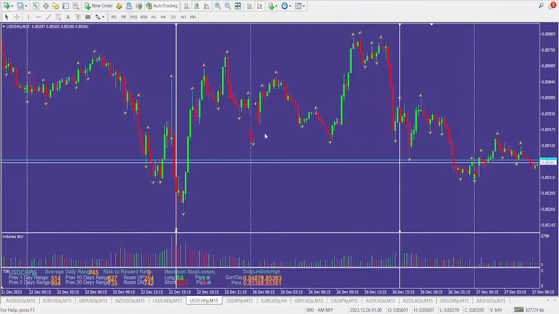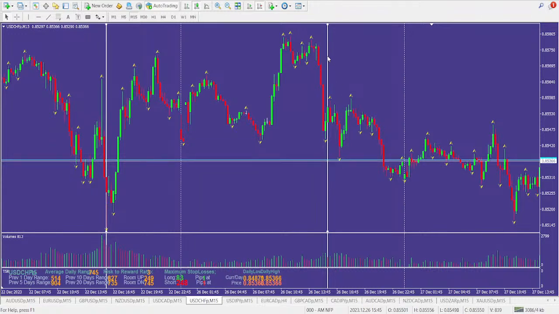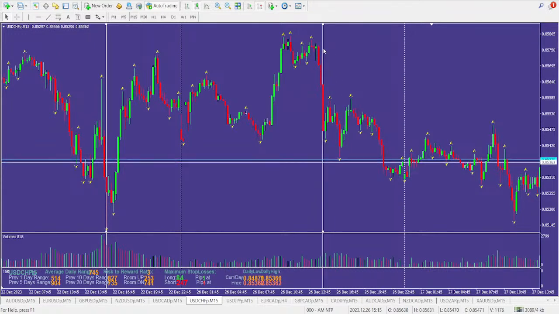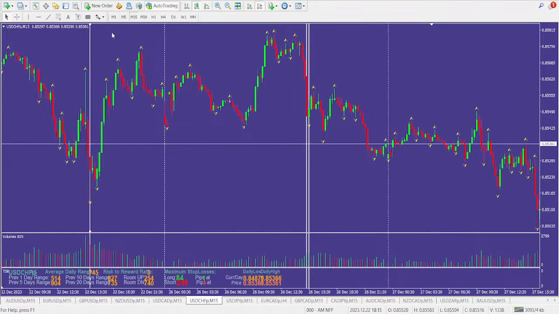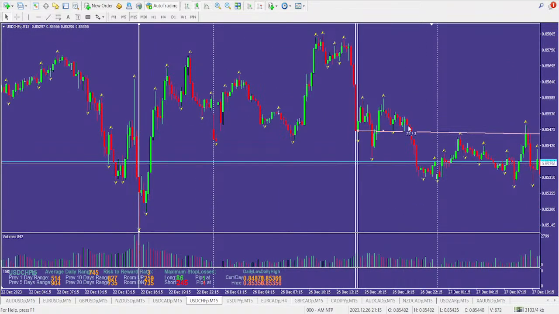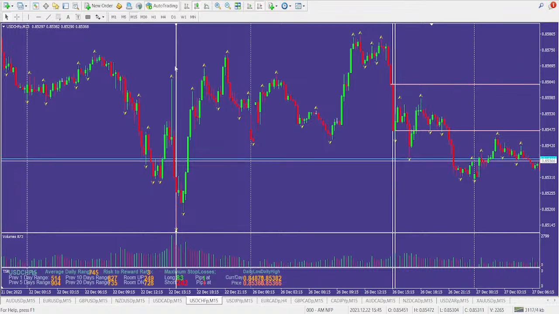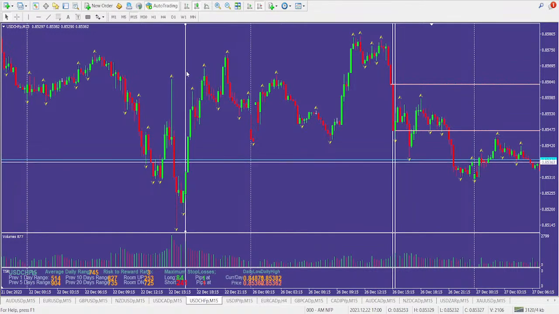So starting over here, okay, so we've got a high volume spike over here and over here. So that will be supply number 1. Okay, supply number 2. And if we look at December 22nd, okay, we did have levels over here